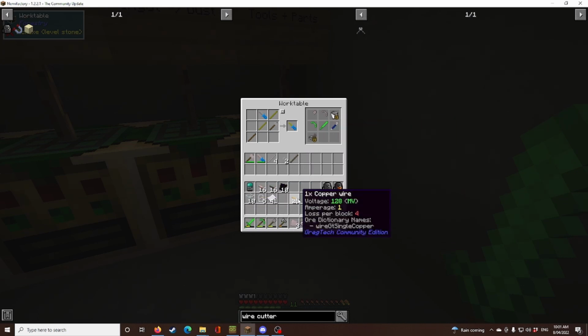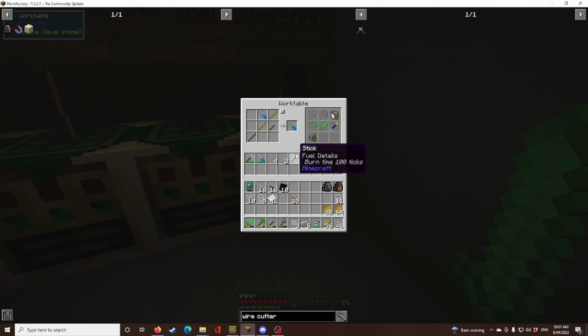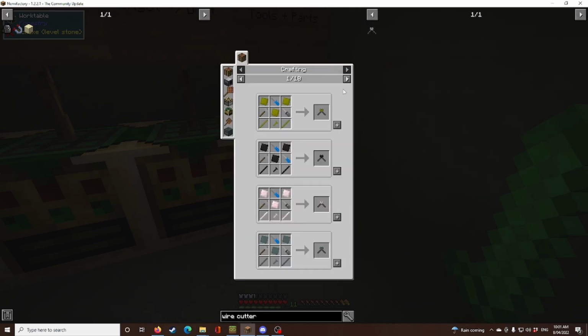Nope, need those. What are we missing? Stick. Oh. There you go. And then this is missing the plates. That should work. What did I do? Rod, plates. Can it not be made out of wrought iron? Can be made out of iron, but it looks like not wrought iron. That seems to be an error, because